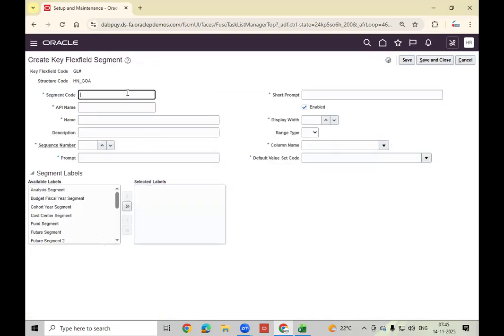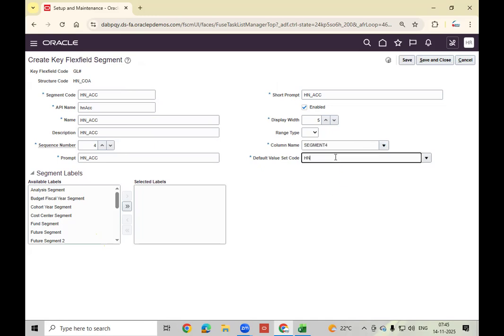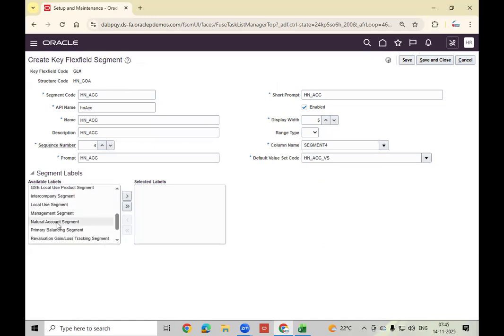Next, HN underscore account. Sequence number, display size 5, column name 4, HN underscore account, value set, natural account segment.